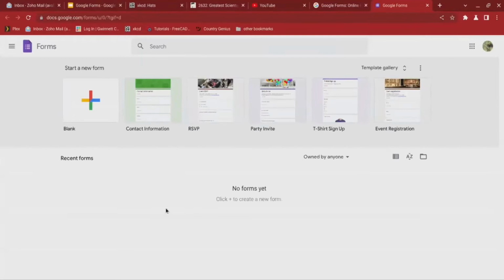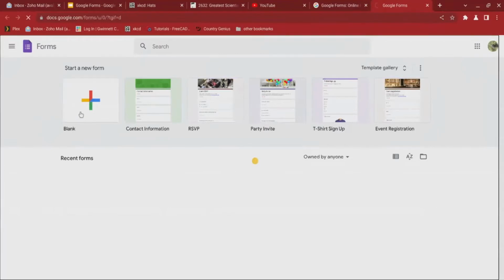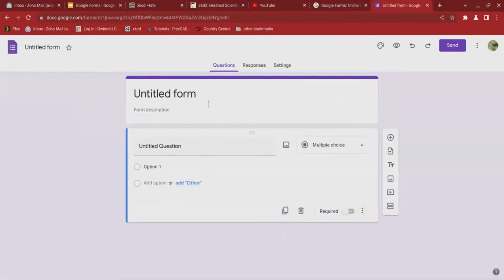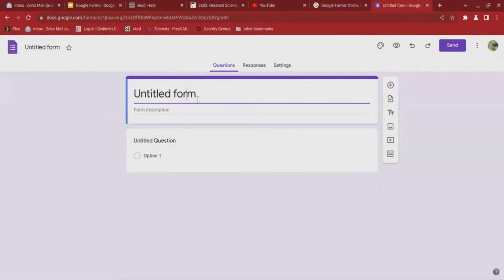And this will bring you to the Forms homepage, where, as you can see, there's the blank form, and then there's a couple of templates. So for today's demo, we're just going to go into a blank form. So this is your basic form. So for starters, you want to change the title. So we can go up here and change it to